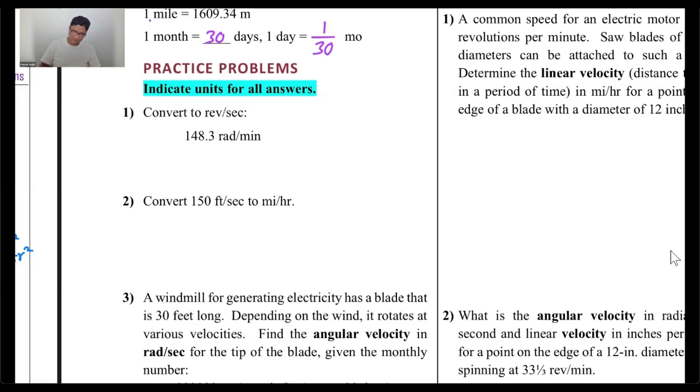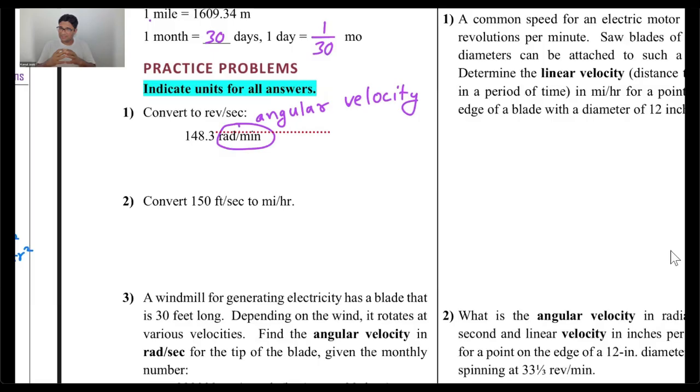Convert this quantity. It is some kind of angular velocity. You can understand it's radians per minute, right? So it is some angular velocity. You change its unit in terms of revolutions per second. So if it makes 148.3 radians in a minute,